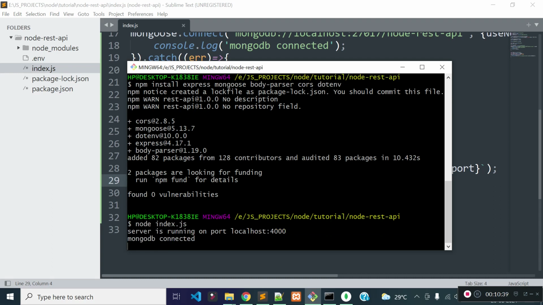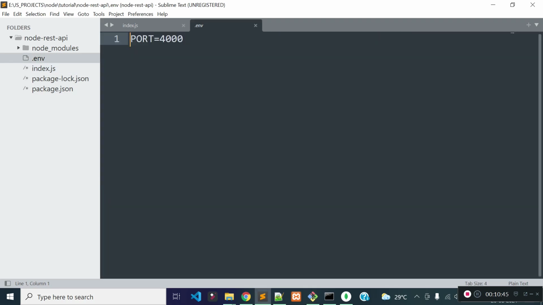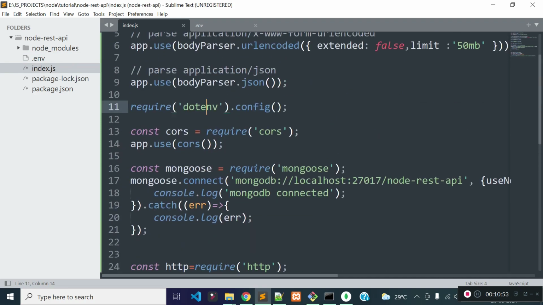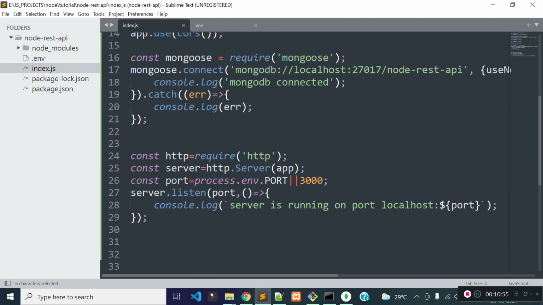Let's see what we are getting. You see, we are getting server is running on localhost 4000 port. That means our port is coming from our .env file. We are able to get data from this .env file because we already included the dotenv package, and we stored the port from our .env file with process.env.port.